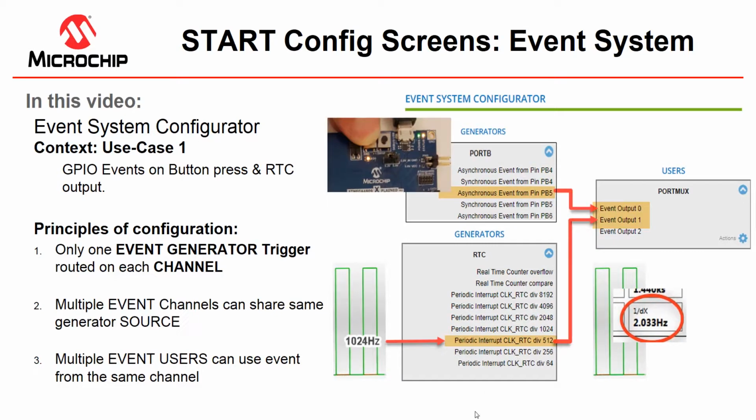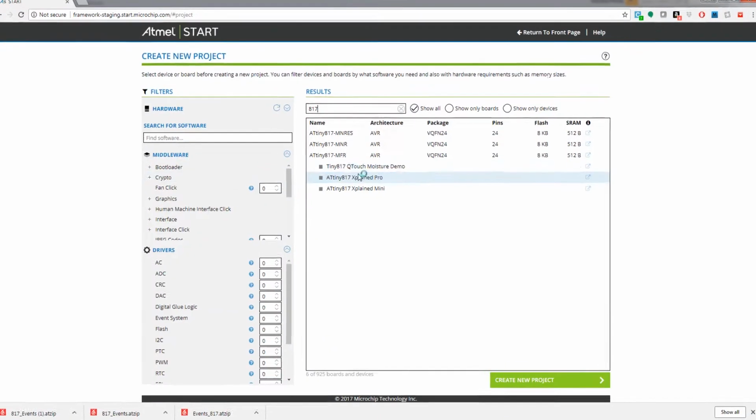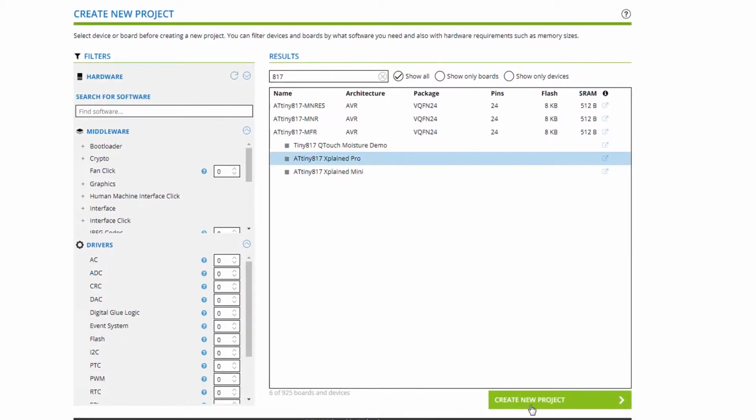and then we're going to go through a simple use case where we generate an event on a button press, feeding this out on the GPIO, on the PINMUX, and then similarly configure a periodic interrupt timer and generate an event at a specific time frequency. I'm going to create a new project for the 80x8.7 X-Plane Pro